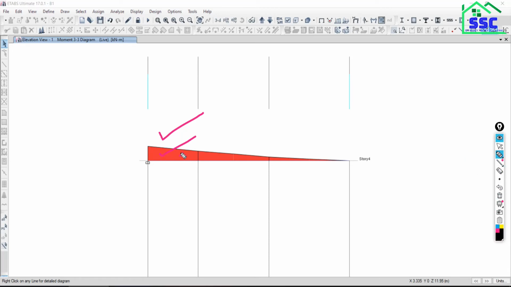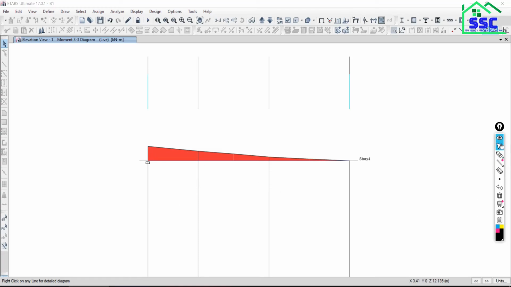And negative means what? It is hogging movement. We will discuss this topic in very detail when we come to the detailing part of structure. Okay, so this is negative movement.